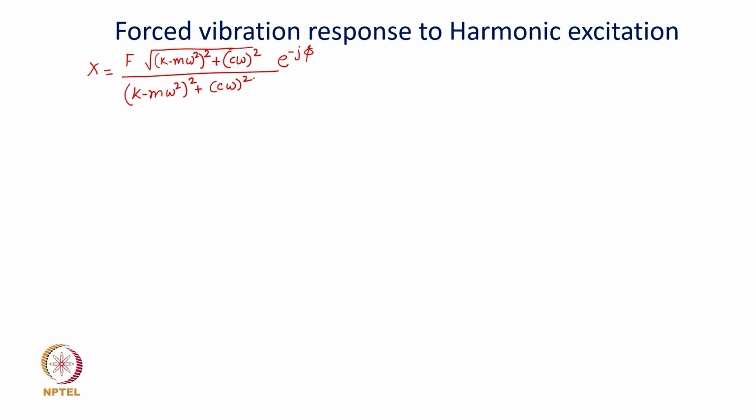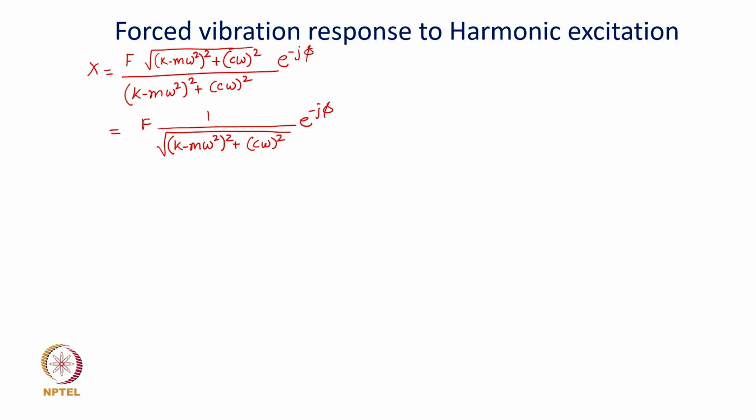That is what we got. So, I will rewrite this as F, square root of k minus m omega square whole square plus C omega square, e to the power minus j phi,